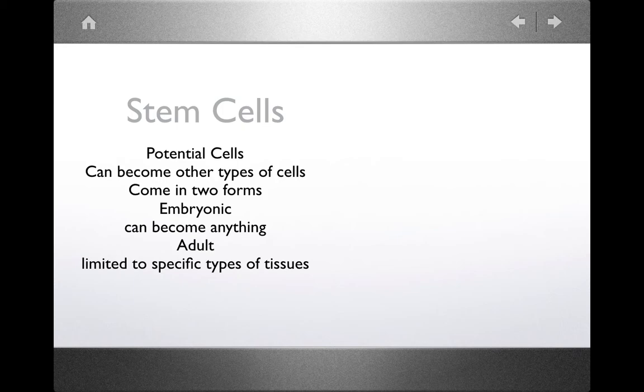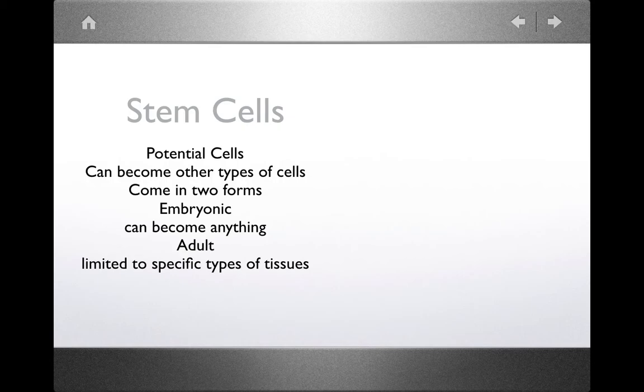We have stem cells in our skin. So if we need more skin cells, we divide a stem cell. One stem cell stays. We never run out of stem cells. The other cell becomes a skin cell, makes its way to the surface of our skin. We have blood stem cells that can make all of our red blood cells and white blood cells. In our intestines, stem cells are very important cells.